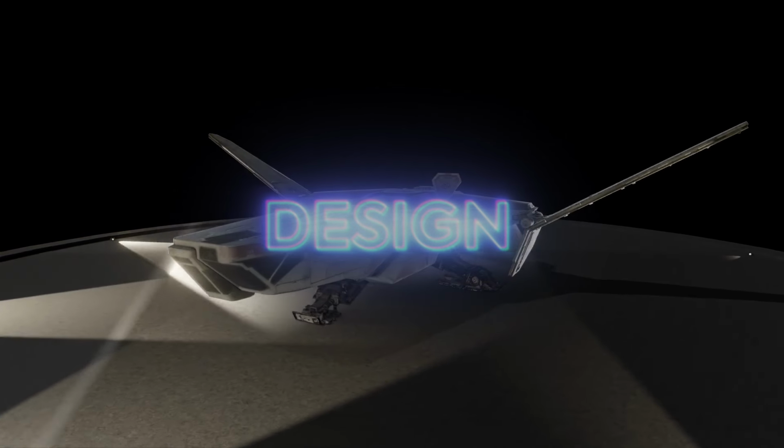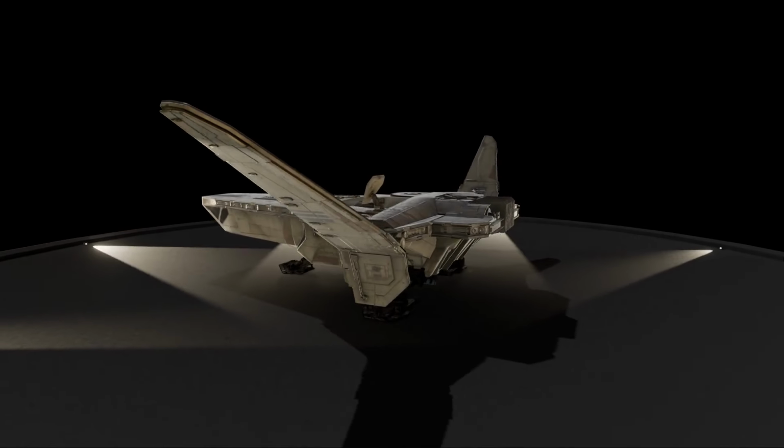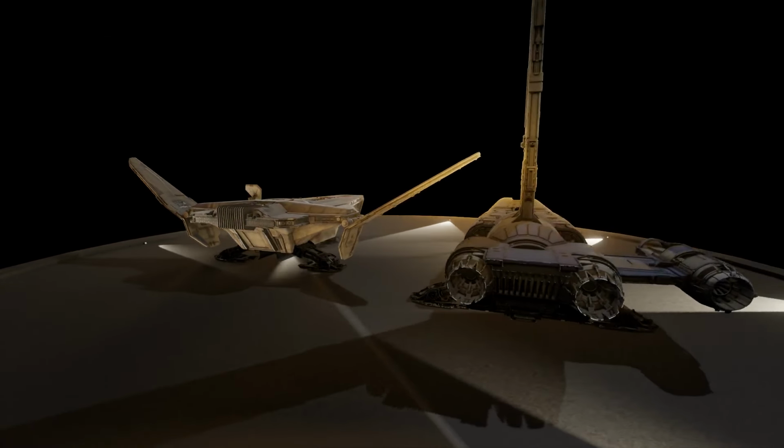Design. The first thing we have to come up with is the name. I determined while examining it that it reminded me a lot of the Stinger Mantis from Jedi Fallen Order and